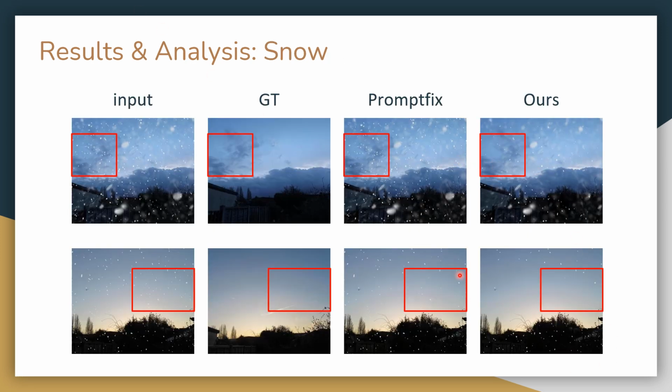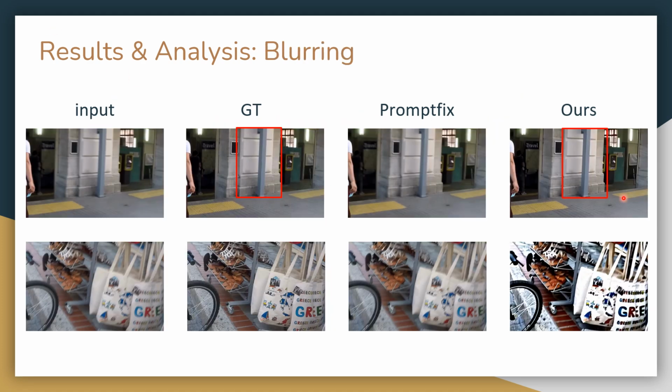In terms of dehazing, we observe that our method produces clearer results compared to the original PromptFix. These are results of desnowing, although results of our approach seem to have some gaps compared to the ground truths. Area inside the bounding box have quite good results. Next is the result of deblurring. We have a quality result in the first row, especially the area surrounded by the bounding box.